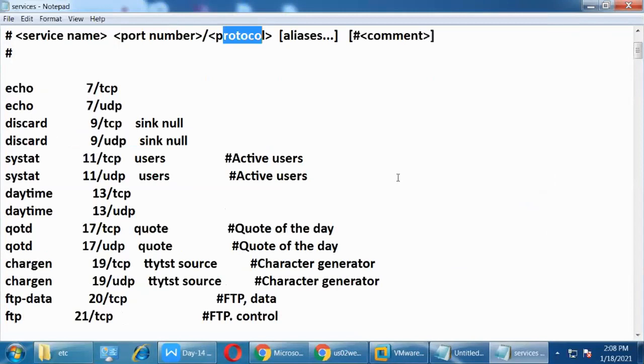Now, in one system, multiple services are running. So how does the client communicate to a particular service? For example, think of a person. The server, the domain controller, is nothing but our house. In the house, Usman is there, Riyaz is there, Amjad is there, Tahir is there, Ubaidur Rahman is there, multiple people are there, right? So if I want to communicate with each one, I should know the name. Then I can call the particular person's name and he will come and then I can talk, right?